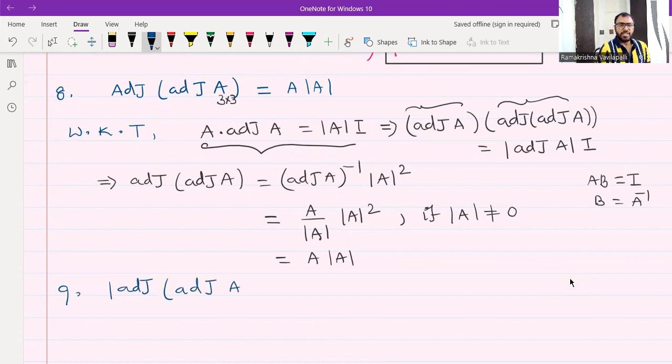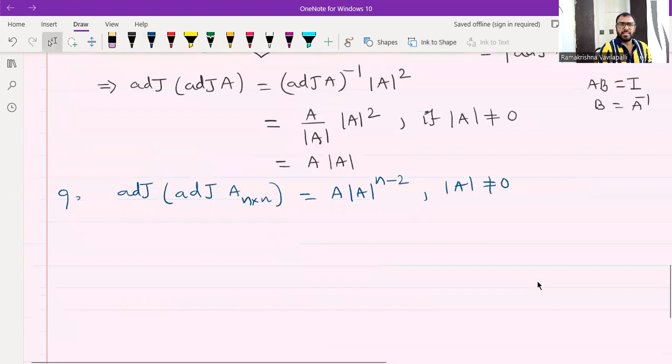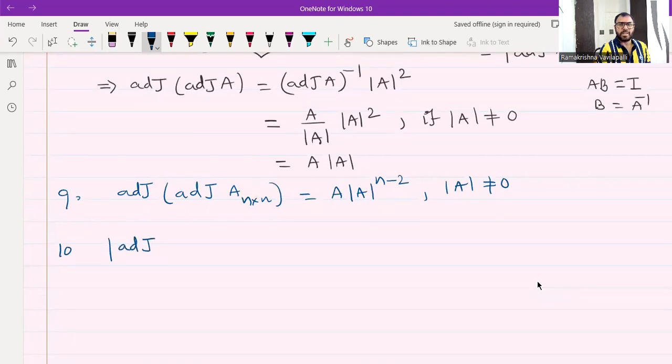Okay, so I'll write here that the adjoint of an n by n matrix A is nothing but A into det A power n minus 2, provided that det A is not equal to 0. Here also, provided det A is not equal to 0. Now I can take a determinant for this. So the determinant of adjoint of A